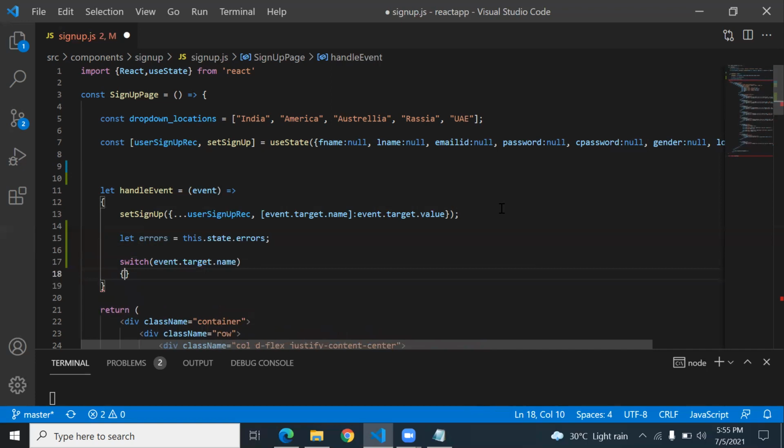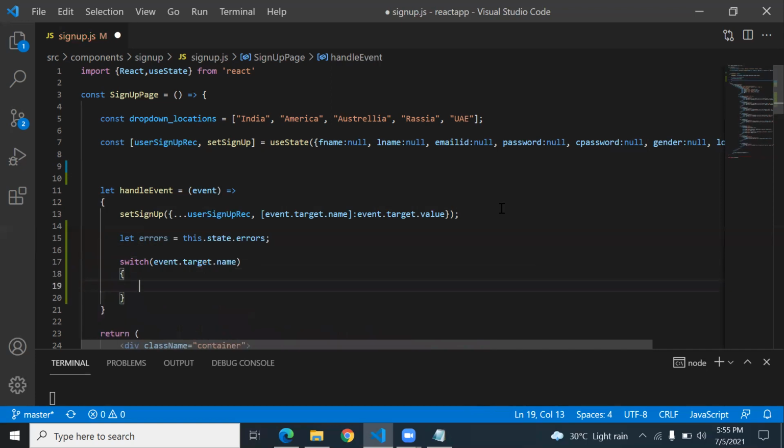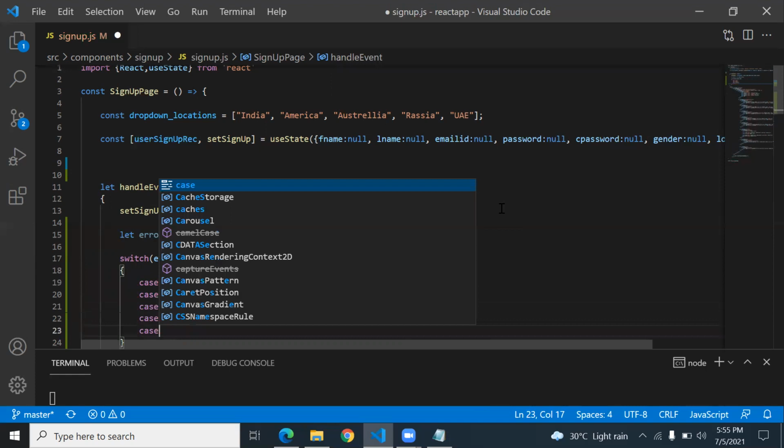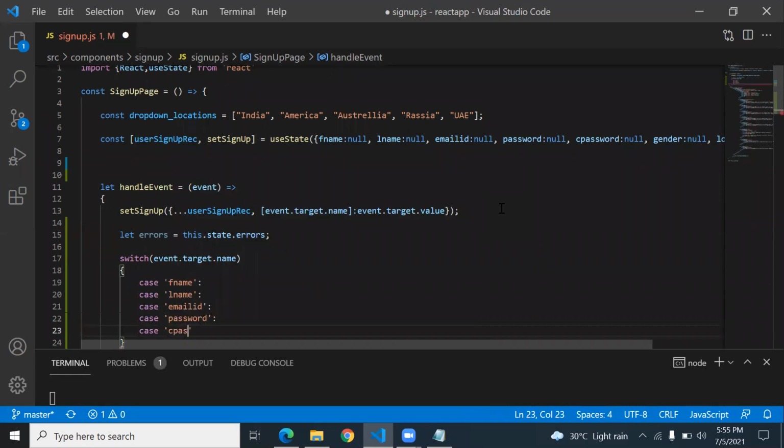Now in the switch case, you define a case statement. If it is fname, then what do you have to proceed with? If it is, let's say, lname, then what validation do you want? If it is email ID, then which validation do you want? If it is password, then what? And if it is confirm password, then what?